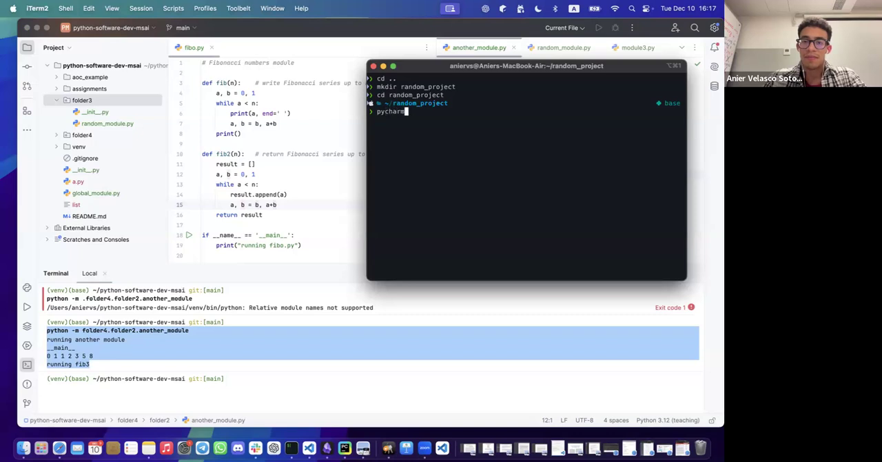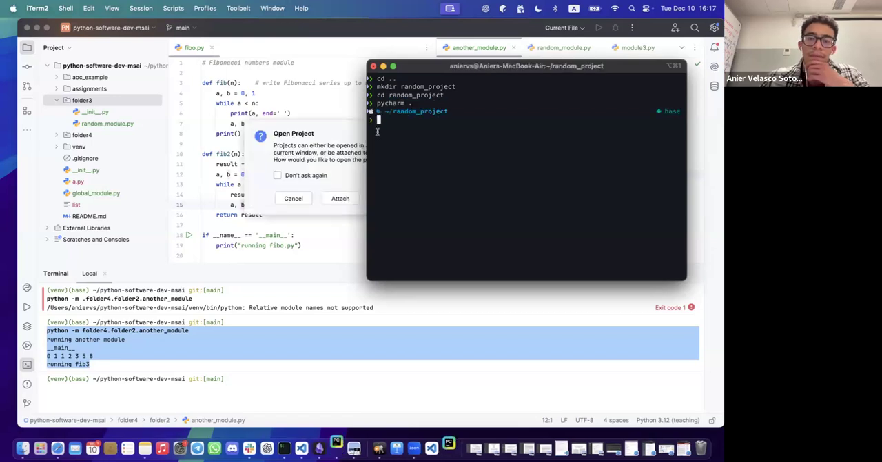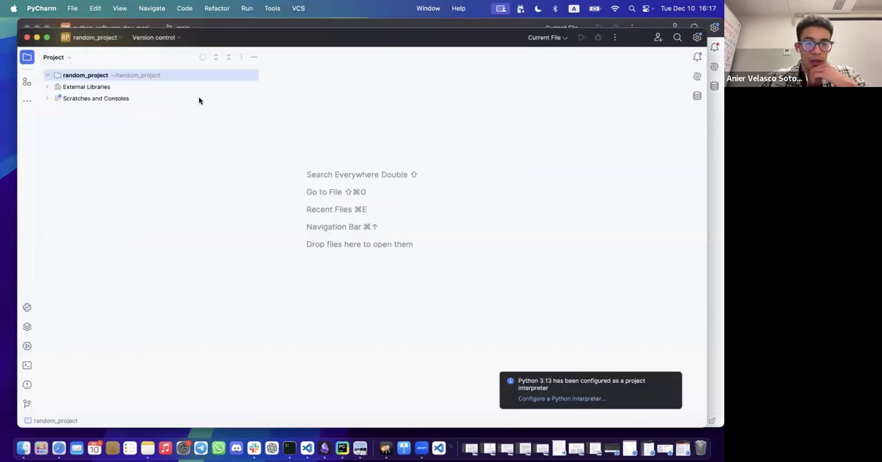I will go to PyCharm, random project. Oh, sorry, PyCharm here. New window. So I have my empty project, and now we'll just create it from scratch just to show you